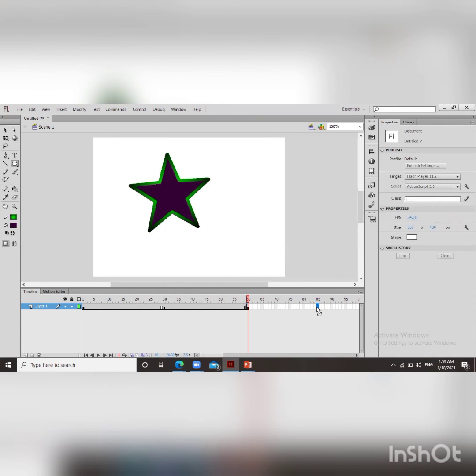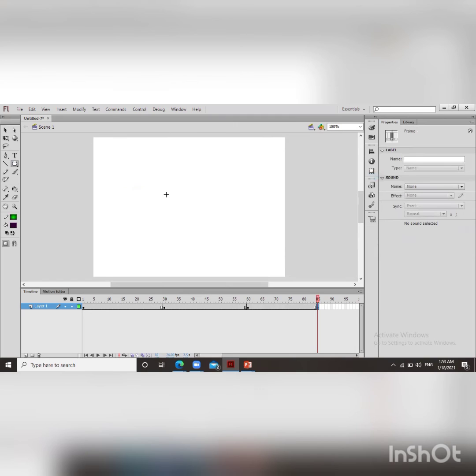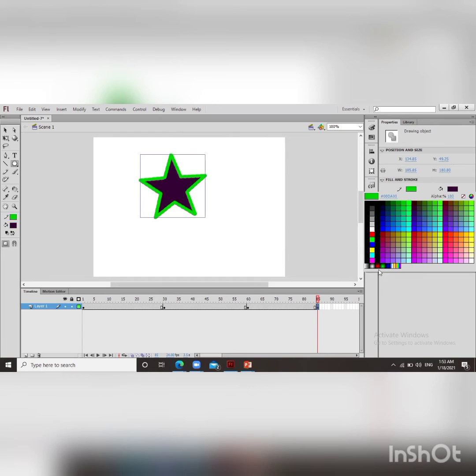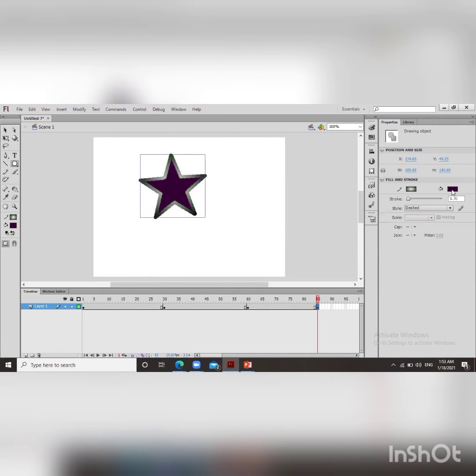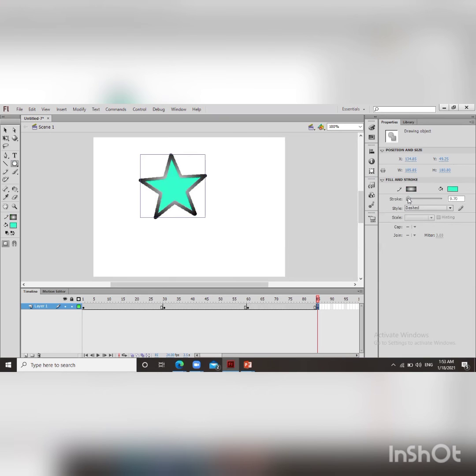Just click on the frame and then right click or go to the insert menu and click on insert blank keyframe. After that, draw whatever you want to draw on stage. You can change the property of the object. We can change the fill color also, and the stroke size also. So I have made 3 new keyframes.